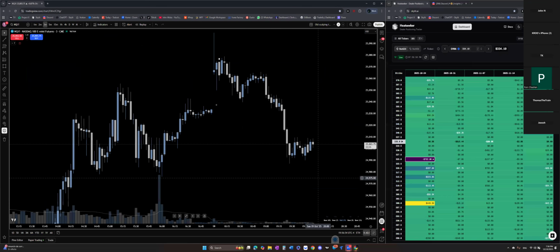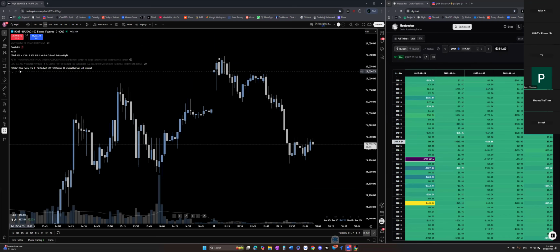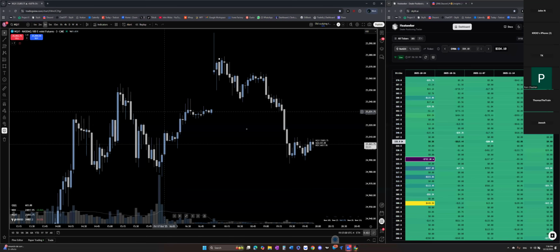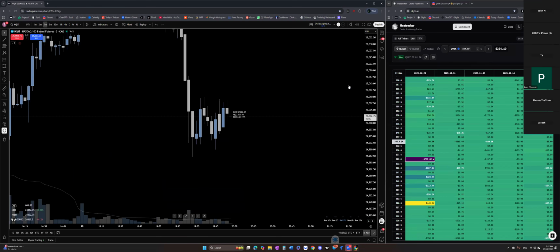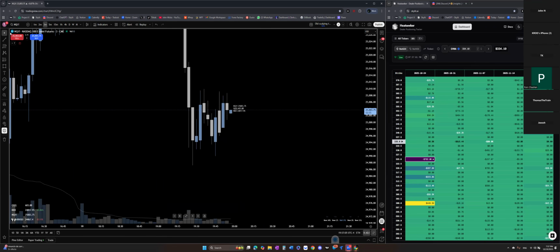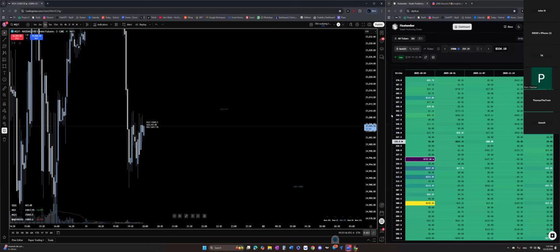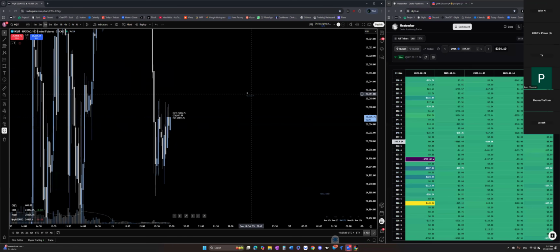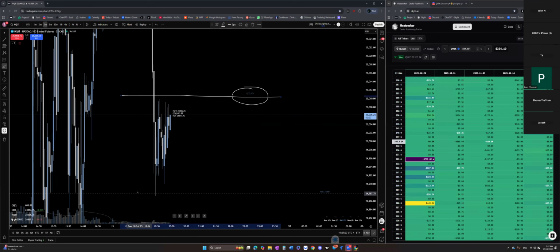Switching back to futures, I have this neat little indicator here. Oh, that's gold. This little price converter tells me prices of QQQ and NDX on NQ's chart. It only works during regular trading hours. It doesn't work overnight. However, we do have an overlay for QQQ and NDX levels. So you can see here, we can see QQQ at 604 at this level here. You can see NDX at 24,800 here, which we did get a bounce at,